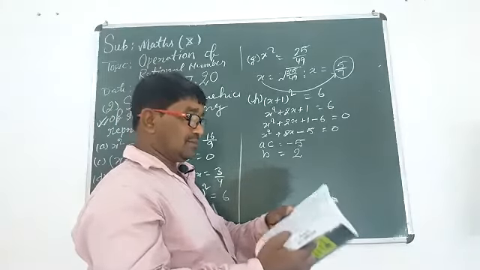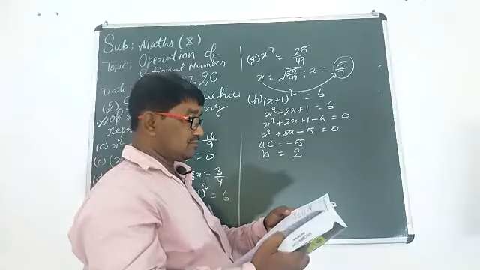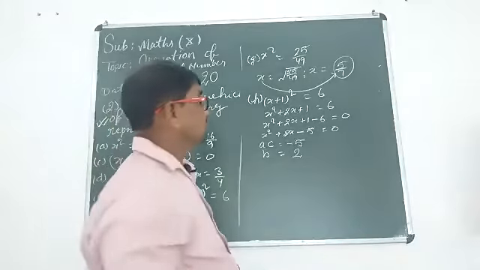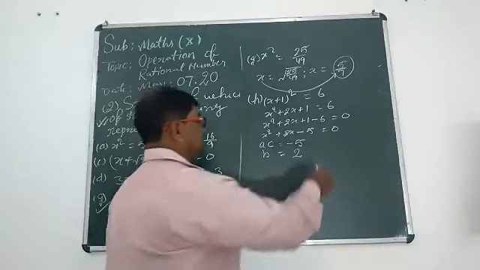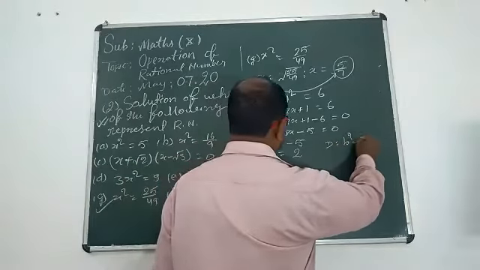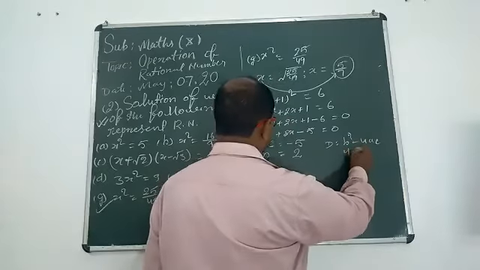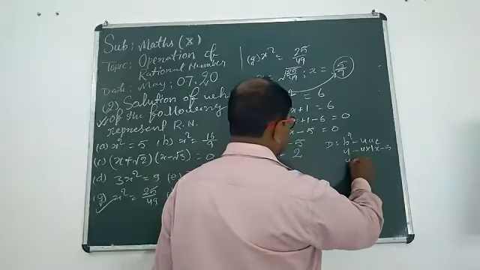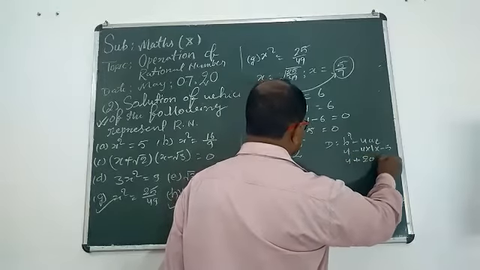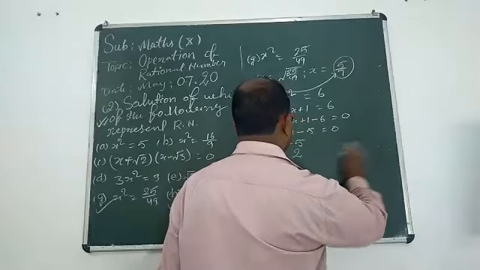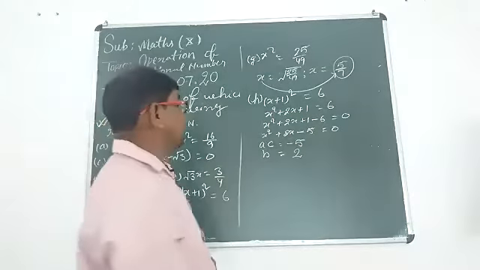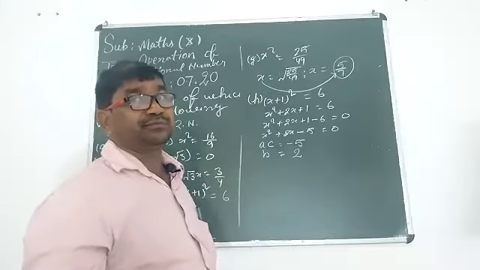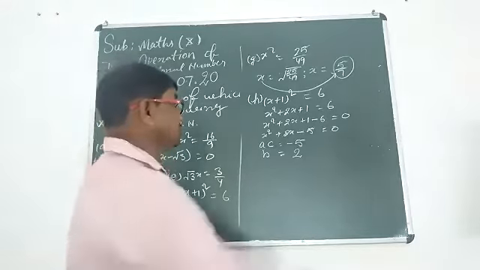Yes, yes, think. Here D is B square minus 4AC. B is 2, so 2 square is 4, minus 4 into 1 multiplied by -5. Now 4 plus 20 equal to 24. D is greater than 0. So we can split it. Anybody can reply? You should think yourself this.